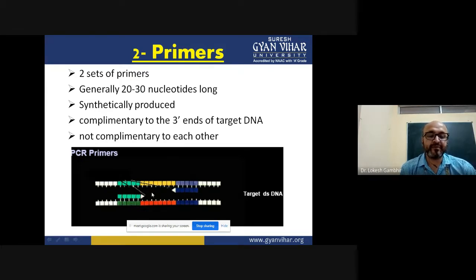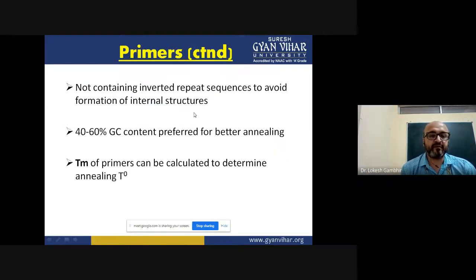Now, these 2 primers ideally should not be complementary to each other. If they are complementary to each other, you will see a PCR artifact: double-strand bands are seen after the completion of the PCR. So that PCR artifact should not appear, and you have to take care that there is no complementarity. Apart from the complementary region, you have to take care that the percentage GC content in your primer should be in the range of 40 to 60%, because it gives you a better annealing.